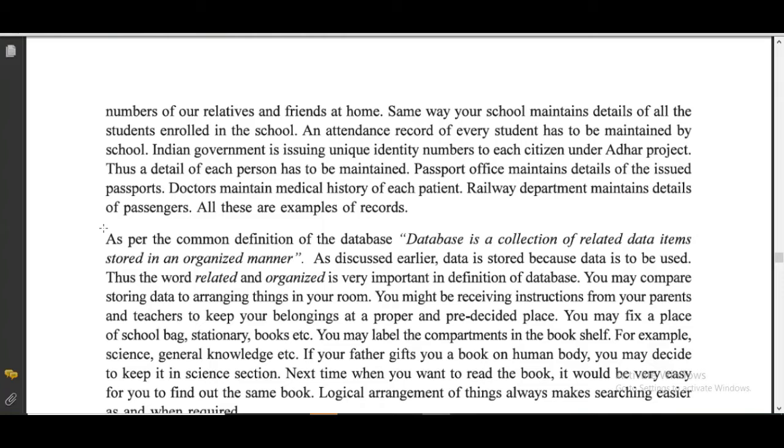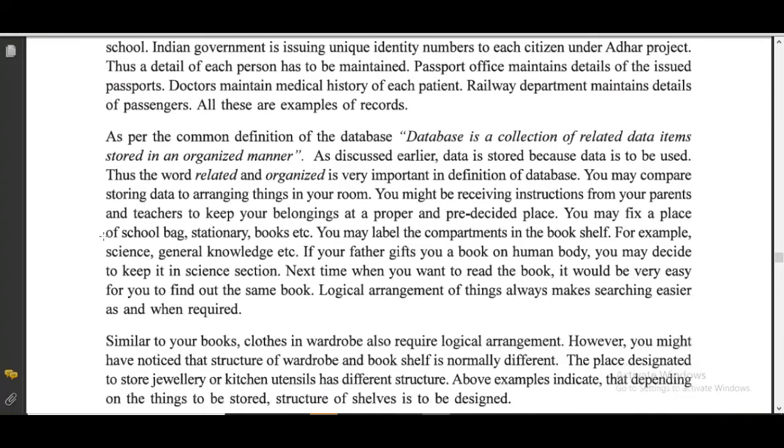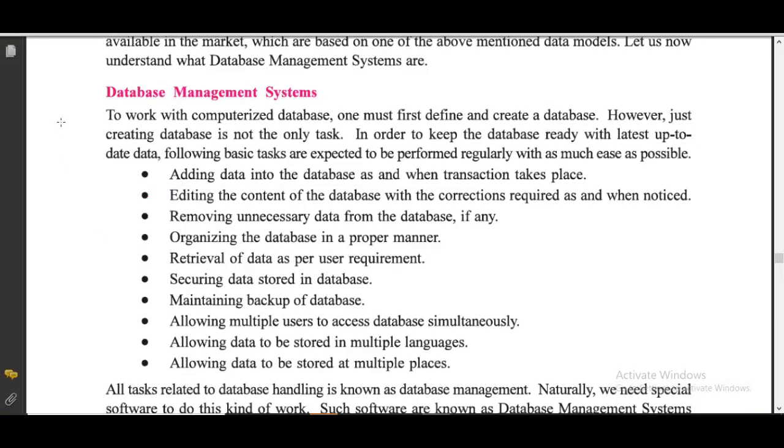So we organize this database in different tables. Okay. And these tables are, again, we can relate to get information from multiple tables that we are going to see in practical.